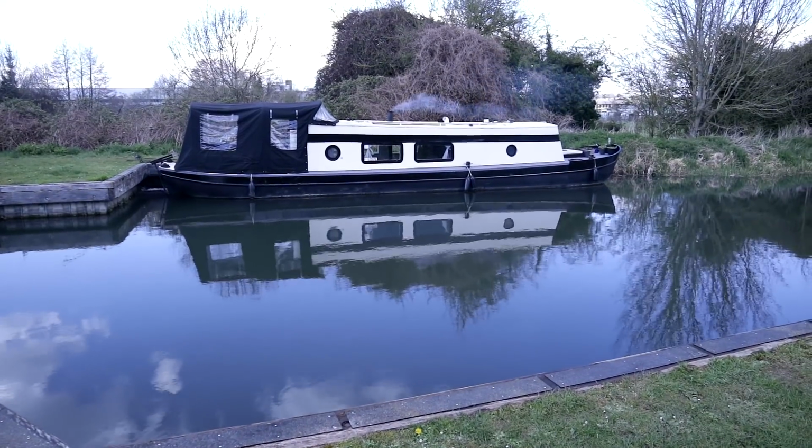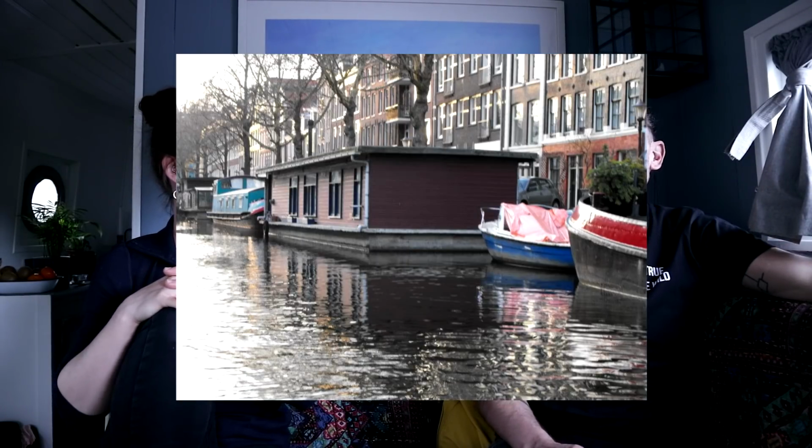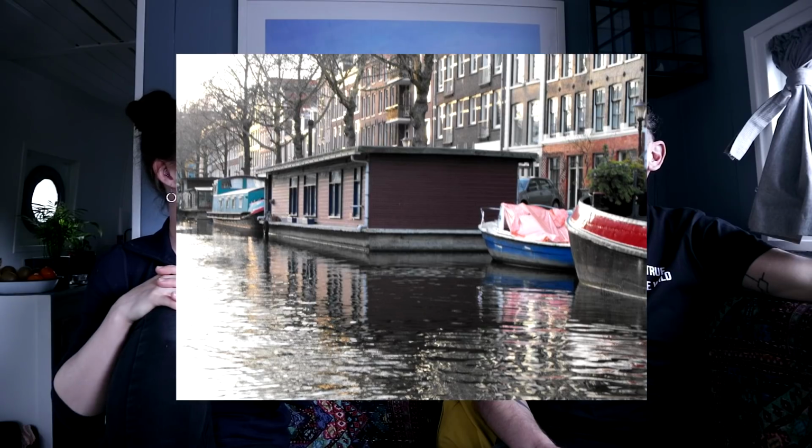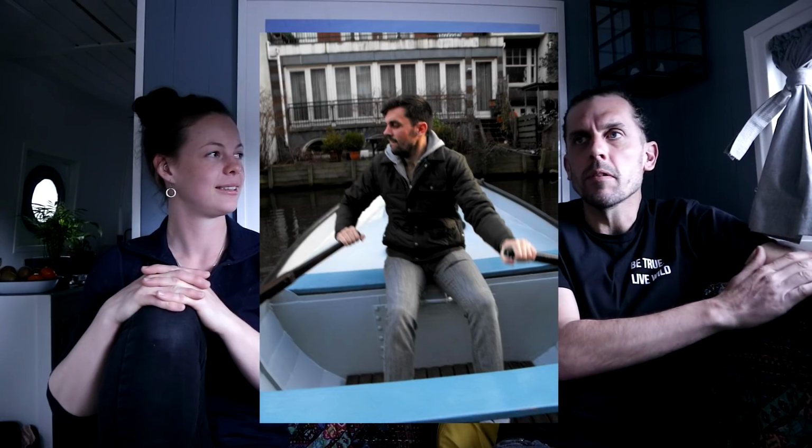Yeah, I've had this boat since November 2019, so I guess it's coming on 18 months. It's not the first boat I've lived on. I lived on a boat in Amsterdam too. Well, it's more of a chalet on a floating pontoon, but yeah, this one since November 2019. I got here in the UK in October last year, so 2020. First time on a boat, first time in Europe, so it's been a bit interesting living on the boat through